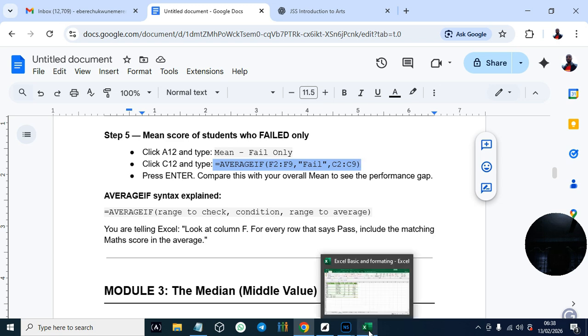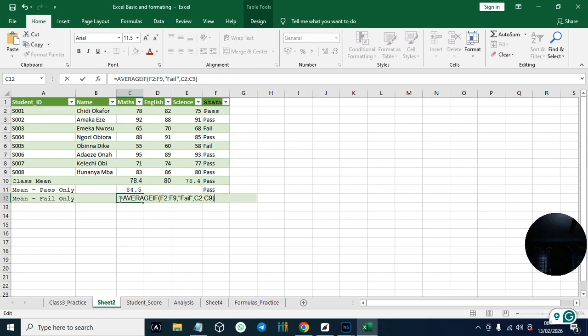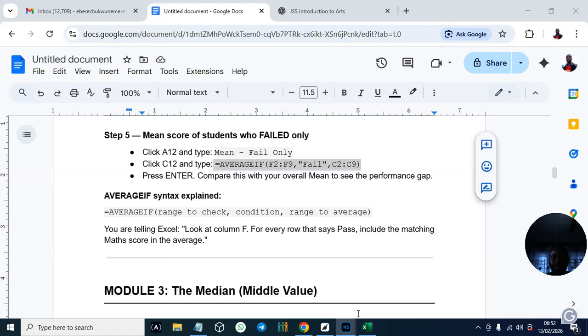So the average is here. You can see that we have already gotten our average of those that fail.